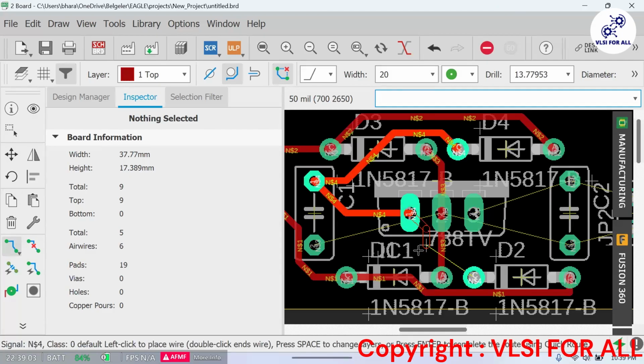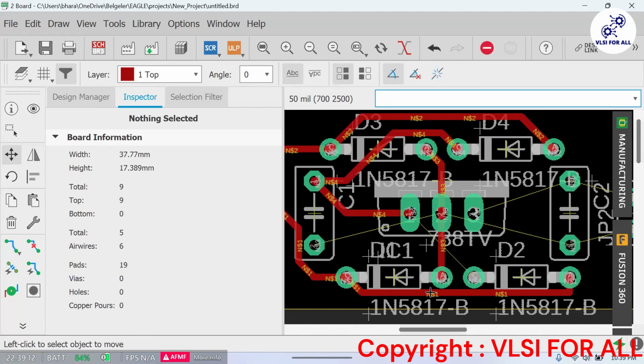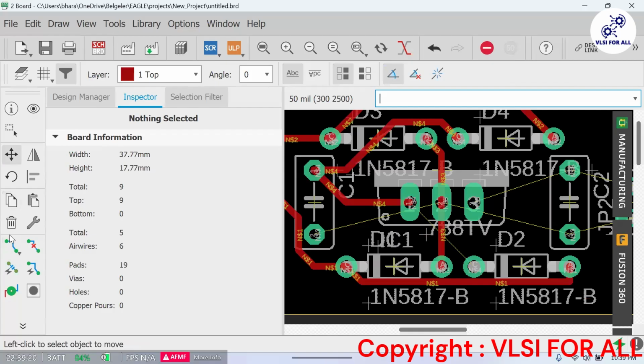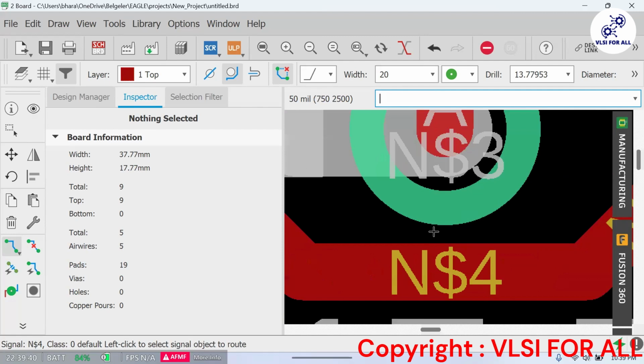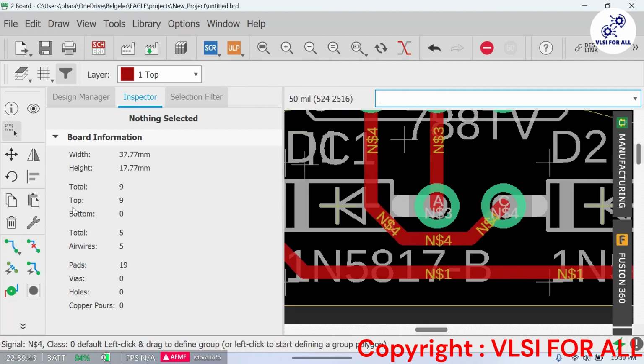But still there is some issue. See, we can squeeze this guy back also up till somewhere here. We need some space. We are not going for double layer routing, we are going for single layer routing. So in this case, this kind of congestion might occur, so we have to take care of these things. See, space is there. That's fine. That should be okay now.